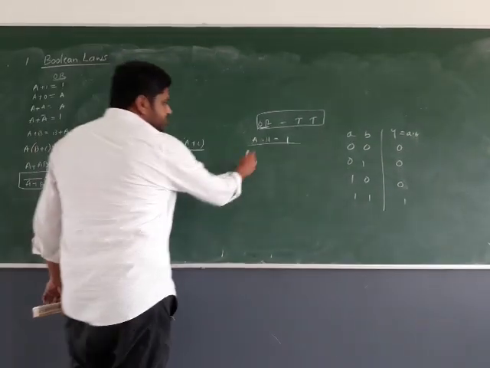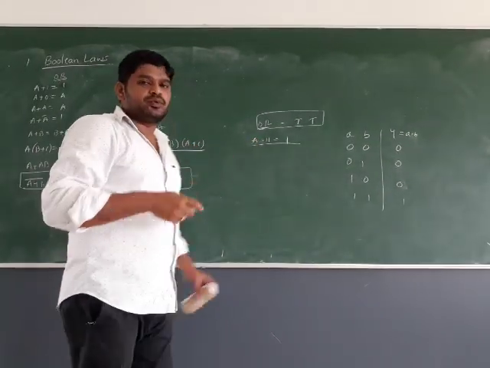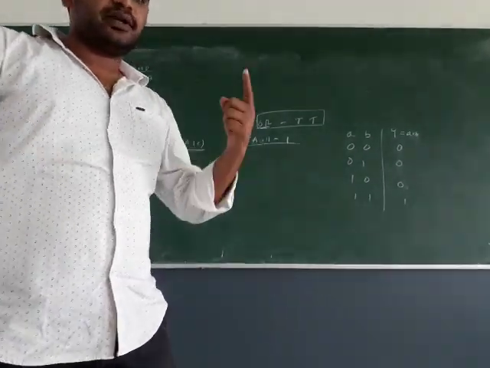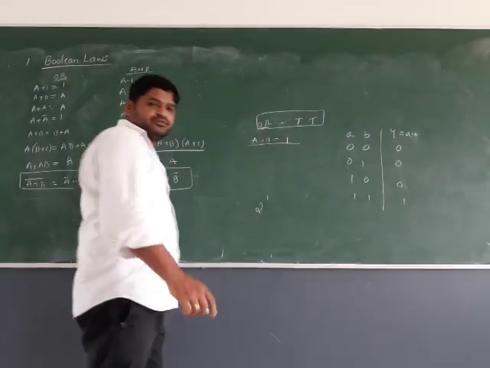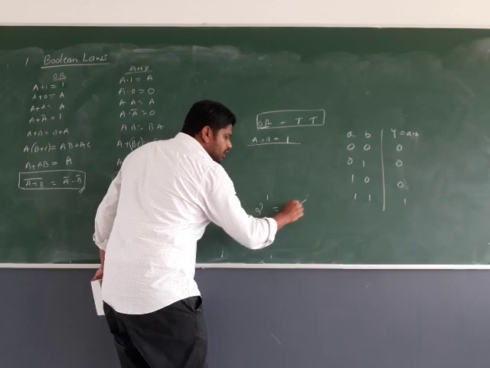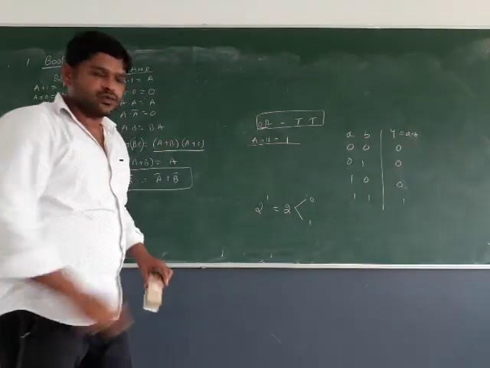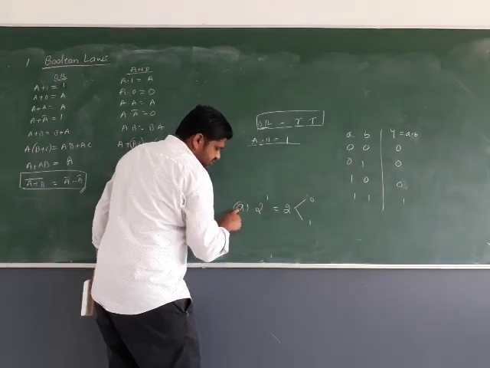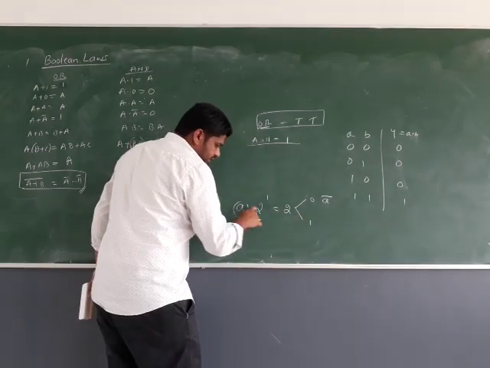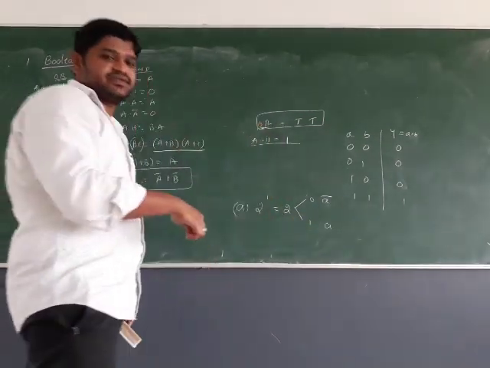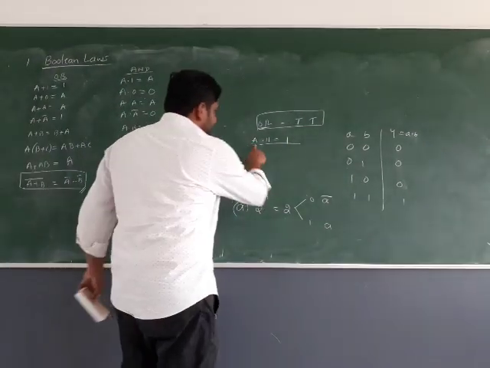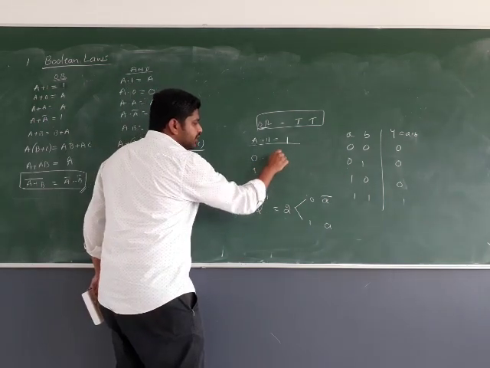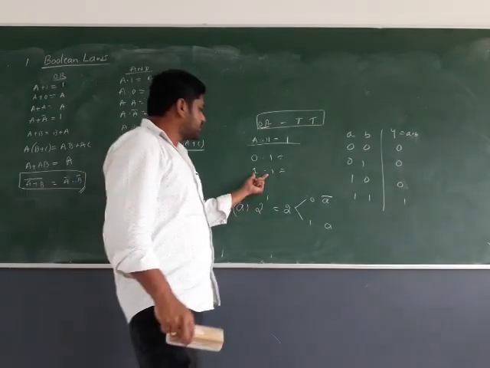Okay, so now substitute the possibilities of A. How many variables? 1, that is A. So possibilities are 2 raised to the number of variables, that means 2. What are the 2 possibilities? 0 and 1. For a variable, its 0 possibility is written as complement, its 1 possibility is written as it is. Hence first occurrence 0, second occurrence 1. What is the common thing? It is 1. So now refer to the table, 1 dot 1.